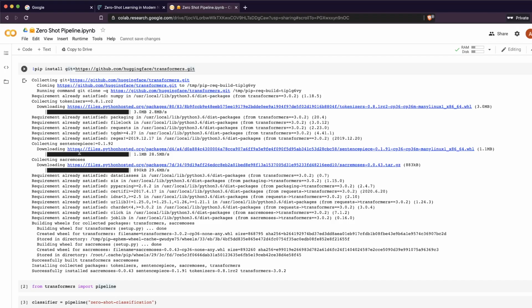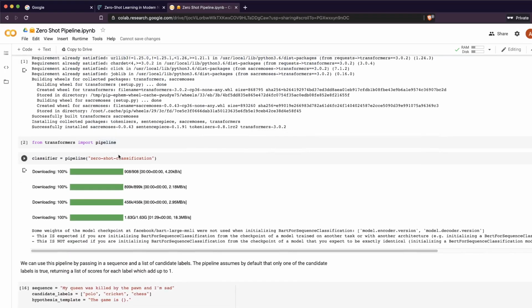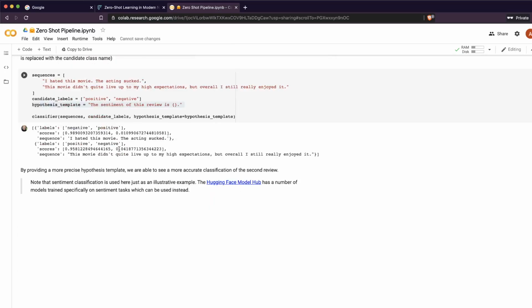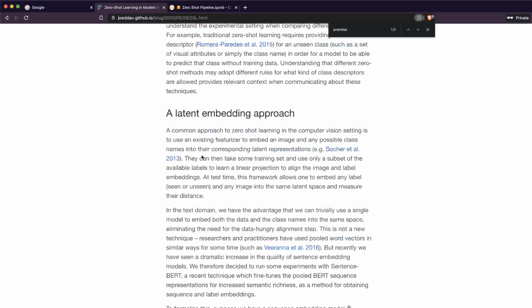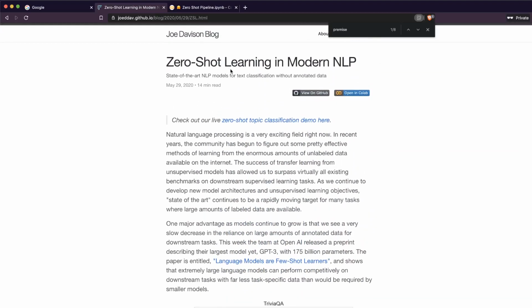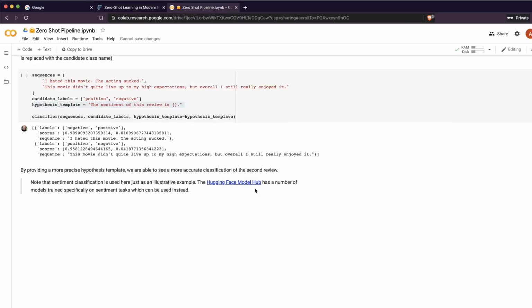And the fact that this is free and already available, and is just a bunch of Python code which could be easily productionized, and that you do not need any annotated data, and you don't really need a lot of machine learning knowledge to do this, is really amazing. I would like to give my huge thanks to Hugging Face for making this open source, and to Joe Davison for putting together a very beautiful blog in English, which is easily understandable for someone who is not so great in deep learning or natural language processing. So you should definitely try this out.